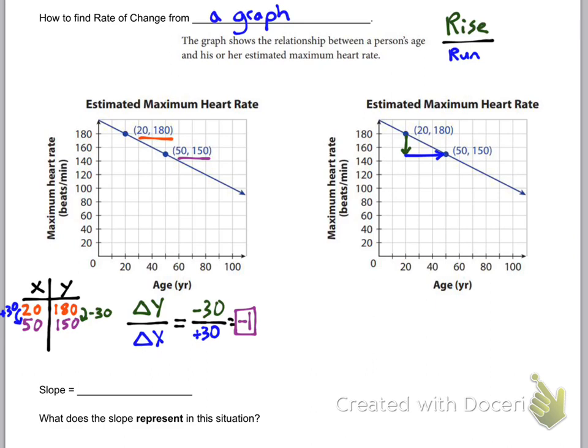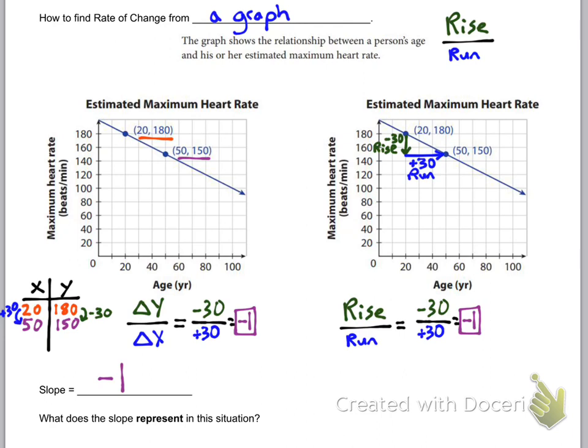So I rose, well, I say rise in quotes because really we're going down. That's one little misnomer I don't like about this. But rise, you think going up or down. There's not really a good word for up and down. So my rise going down is -30. And my run is to the right 30, so that's positive 30. So delta y, or rise over run, delta y over delta x, is -30 divided by 30, and that's -1. And notice we did the exact same calculation. So if you prefer rise over run and doing that on the graph, you may use that. But I'm going to stick with delta y over delta x, and a lot of times just put the numbers